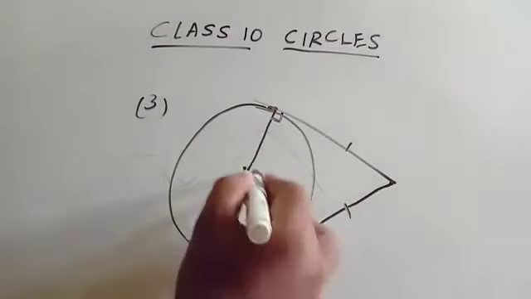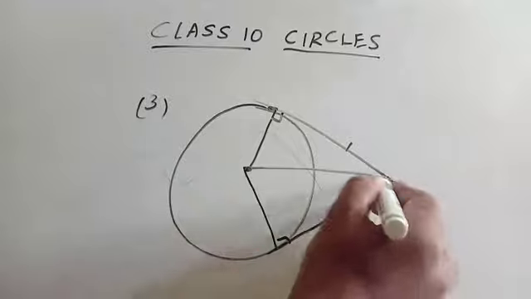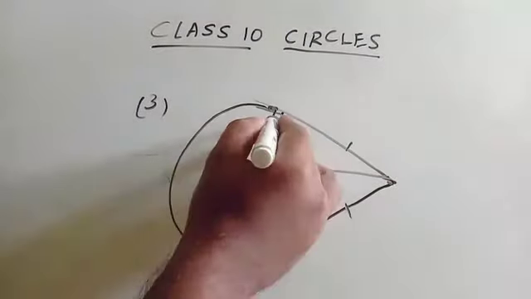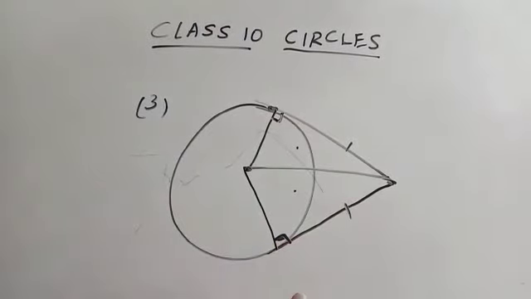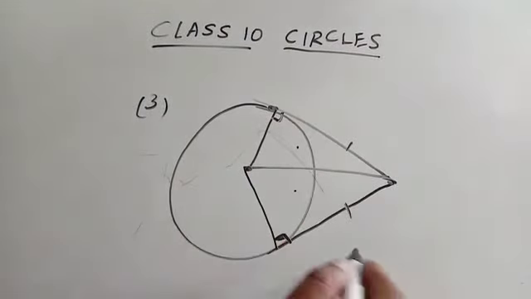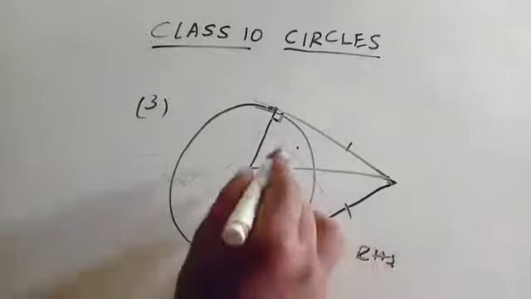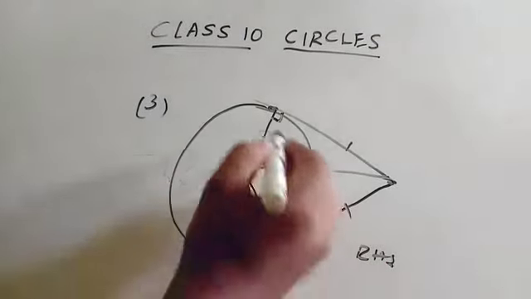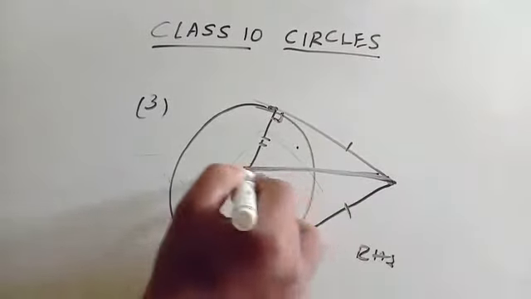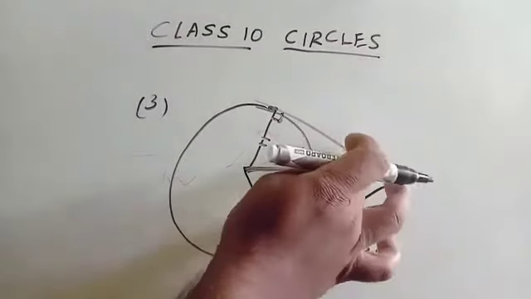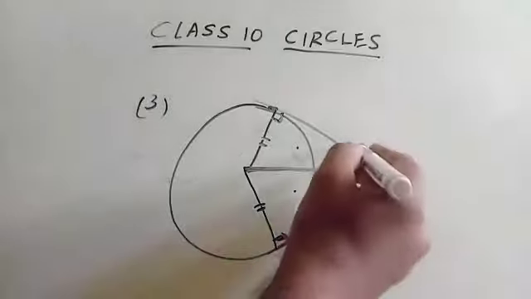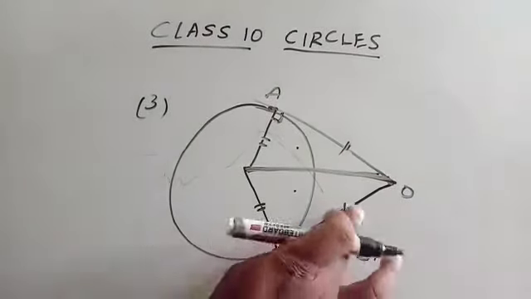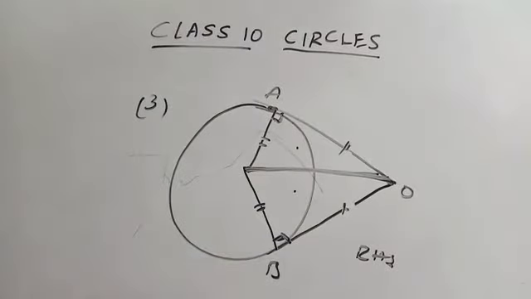Now if you join the center and the point, you get two right angle triangles. This is one more property. This is the first property: radius is perpendicular to tangent. So in these two triangles, according to RHS congruency, the two triangles are congruent. Why? Radius is equal to radius, right angle and hypotenuse are equal for both the triangles. So automatically every other side and every other angle should be equal. So OA is equal to OB. Clear? This is the third video.